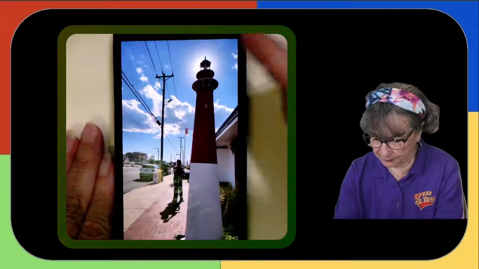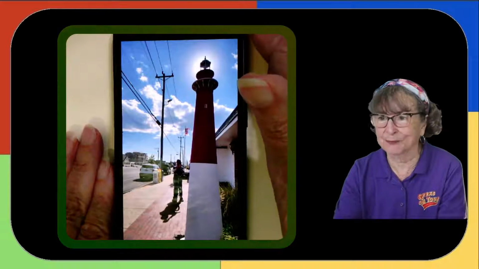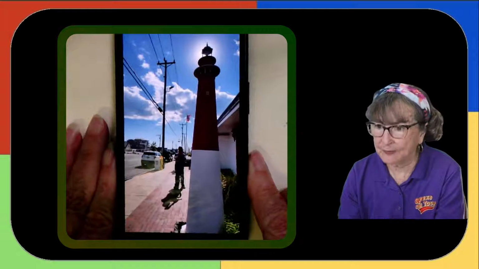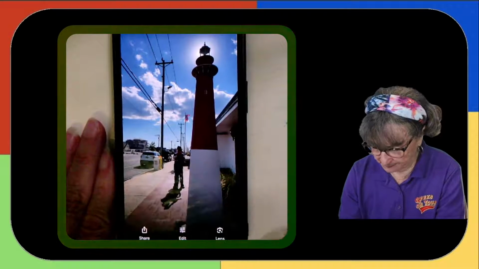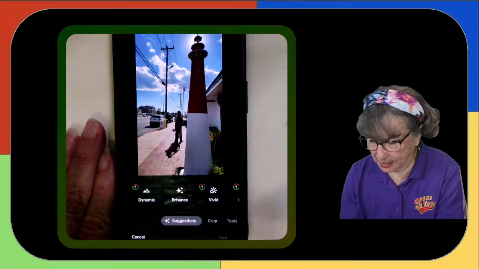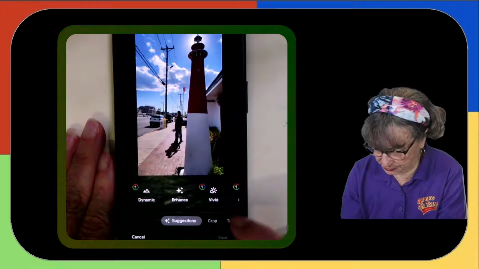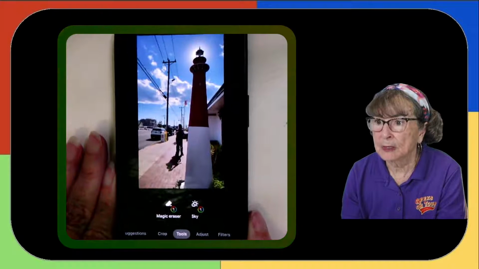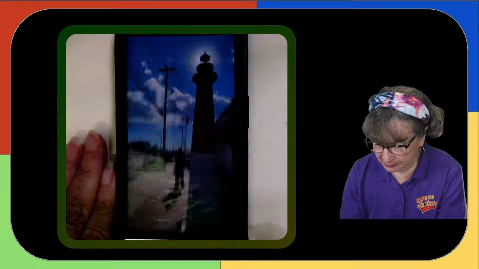So cool picture of this imitation lighthouse, but look at all these telephone wires. I tap the picture, I choose Edit, and Magic Eraser is under Tools. I tap Magic Eraser,